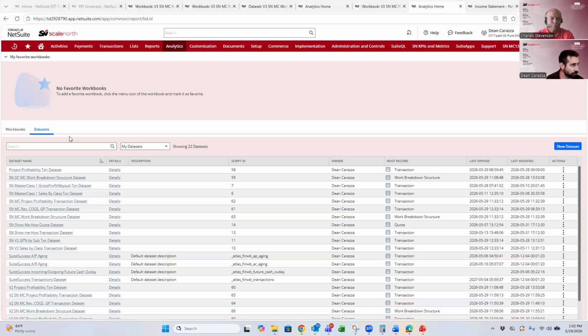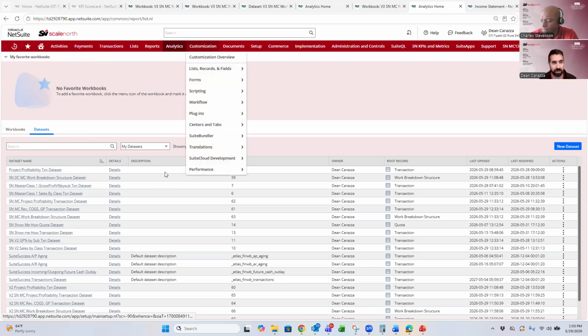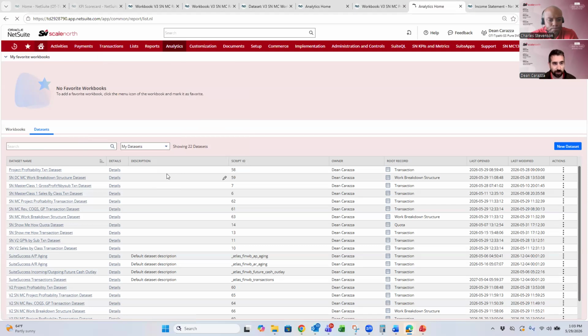All right. So then the last thing we're going to show is the ability to put it all together in one place. So in NetSuite, you can set up what's called a center tab. So when things are on your home dashboard here,